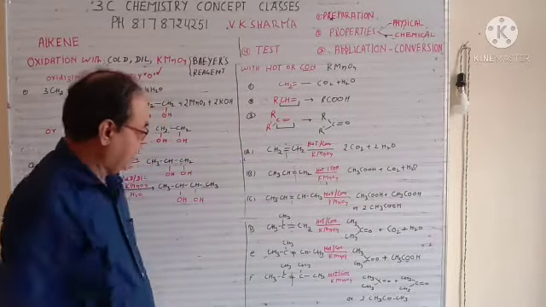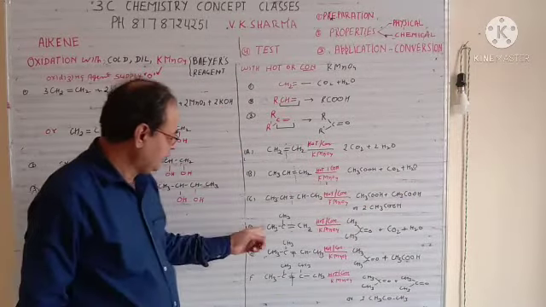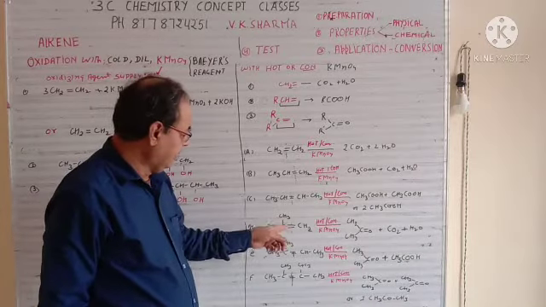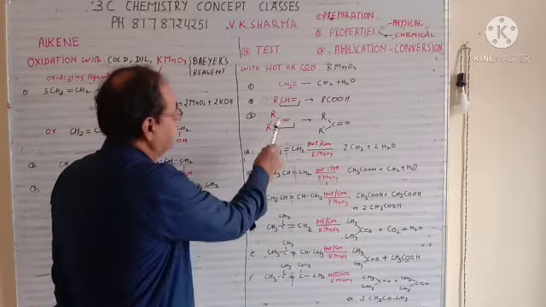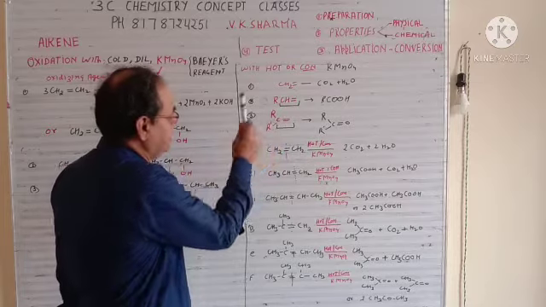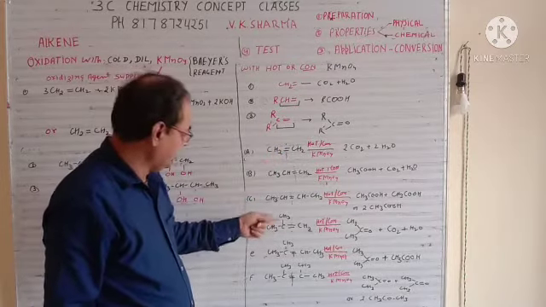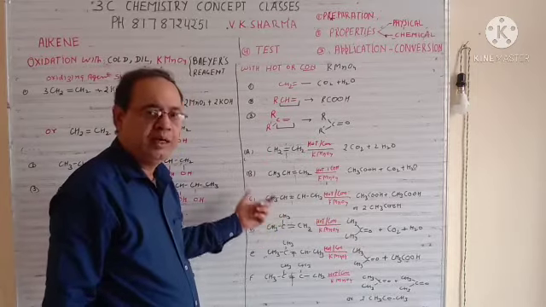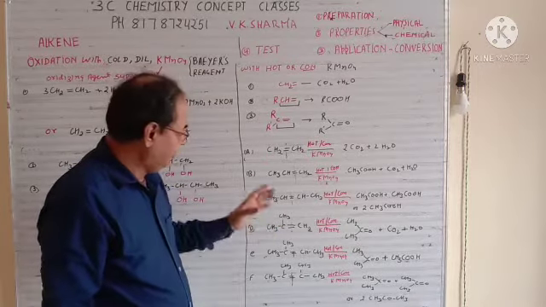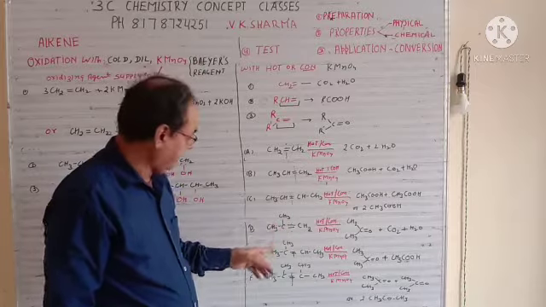Now I'm creating a branch. Next example. Suppose we have CH3, C double bond CH3. So this is coming in this way. CH3, C double bond CH3. Here it is R, here it is CH3. R can be anything. Instead of CH3, there can be ethyl, propyl, butyl, pentyl, any carbon can be there. But only this concept will remain same.